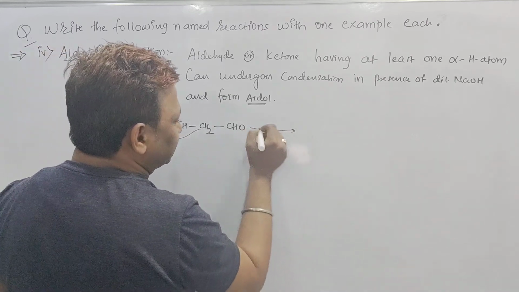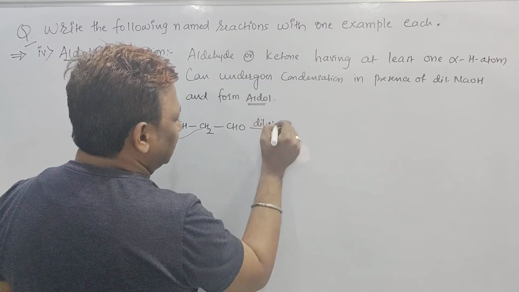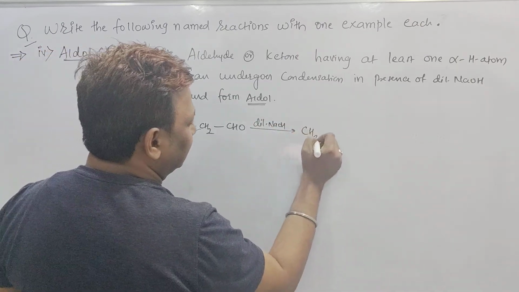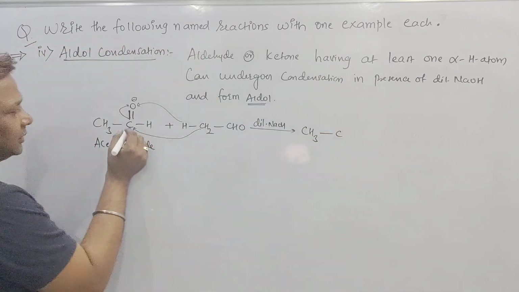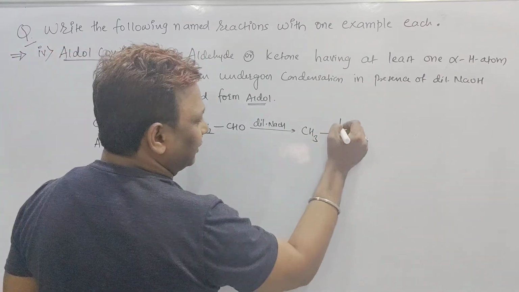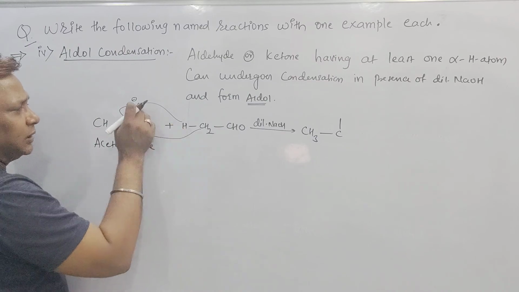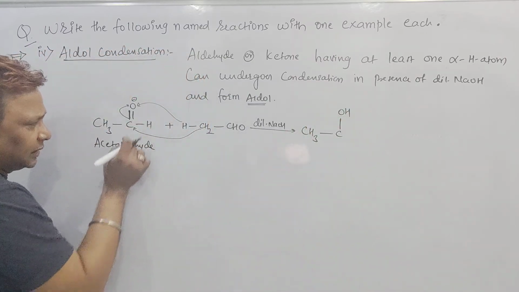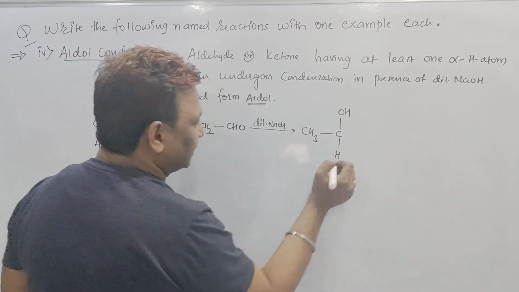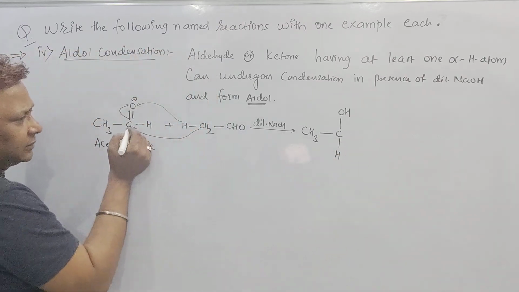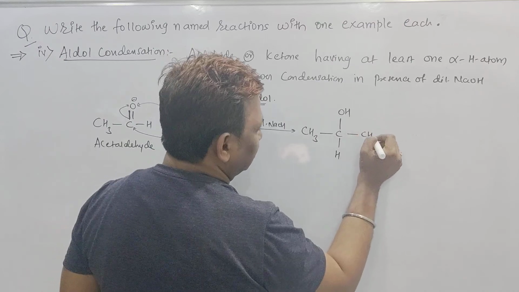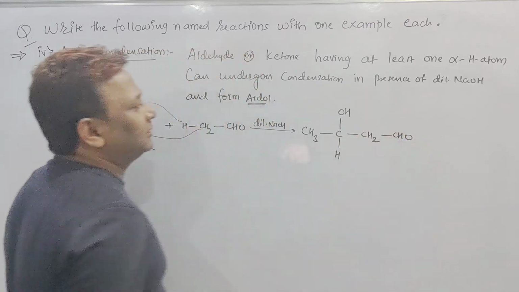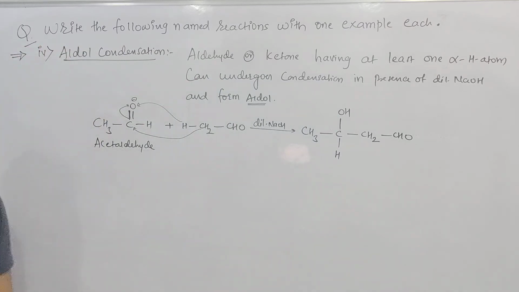How does it look once you see better? It is a dilute NaOH. First you write down CH3, yes sir. But then you write down C, yes sir. But a double bond becomes a single bond. O negative, H will attack, what do we have? OH. But this H which is written here, you can keep down. Yes sir, down. This CH2 will attack on this carbon. Yes sir. But CH2 is bonded with what? CHO. Is it clear?